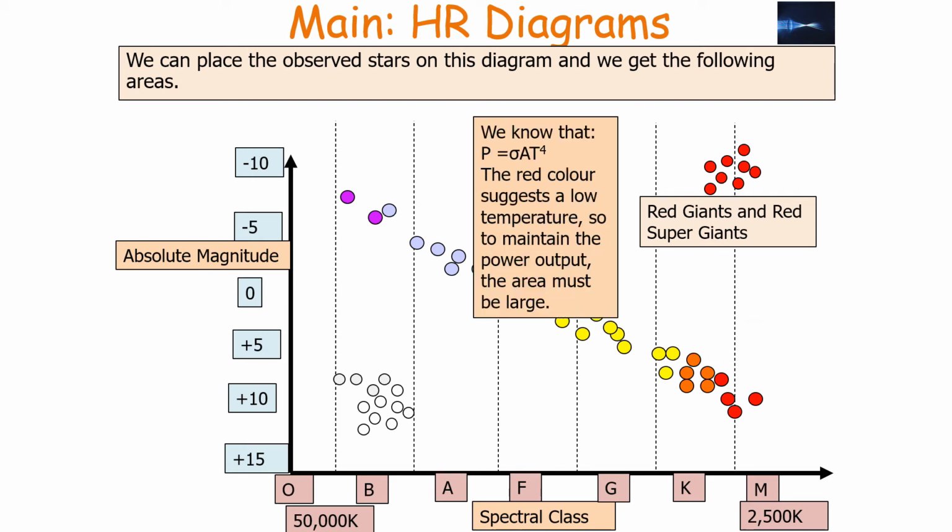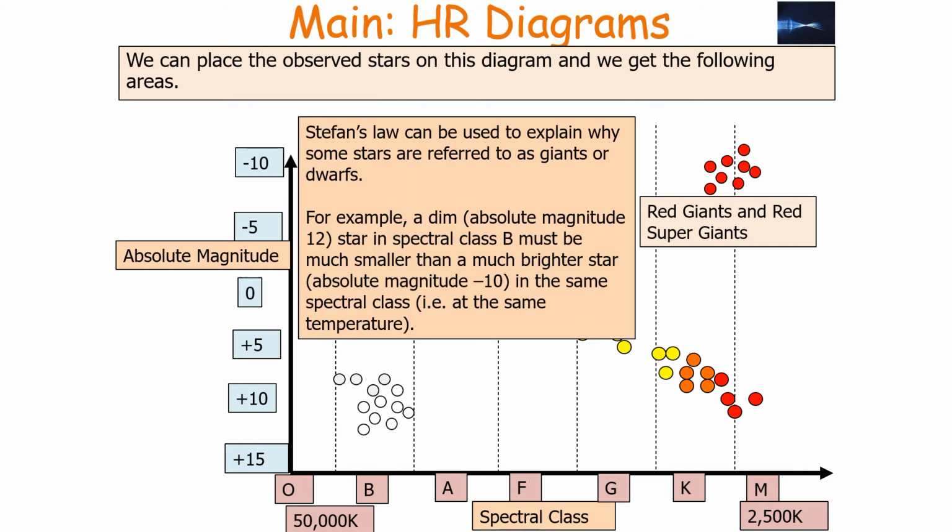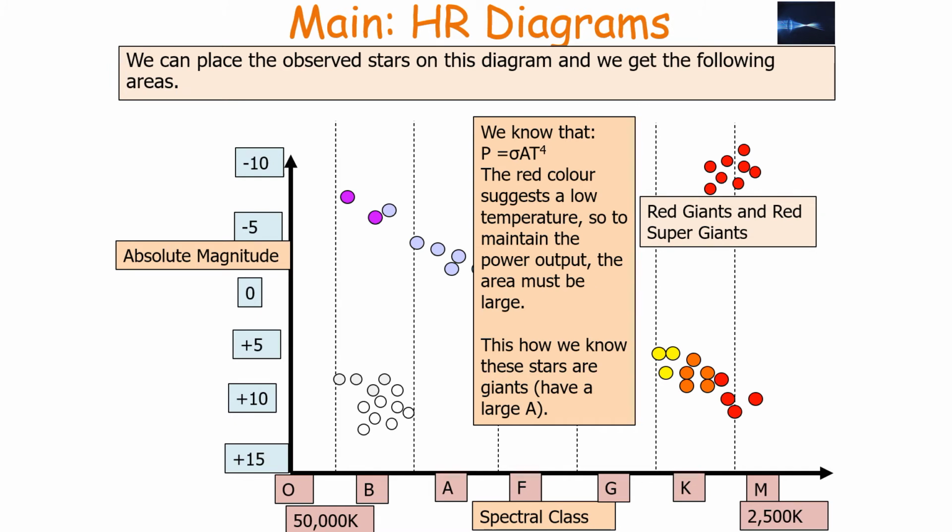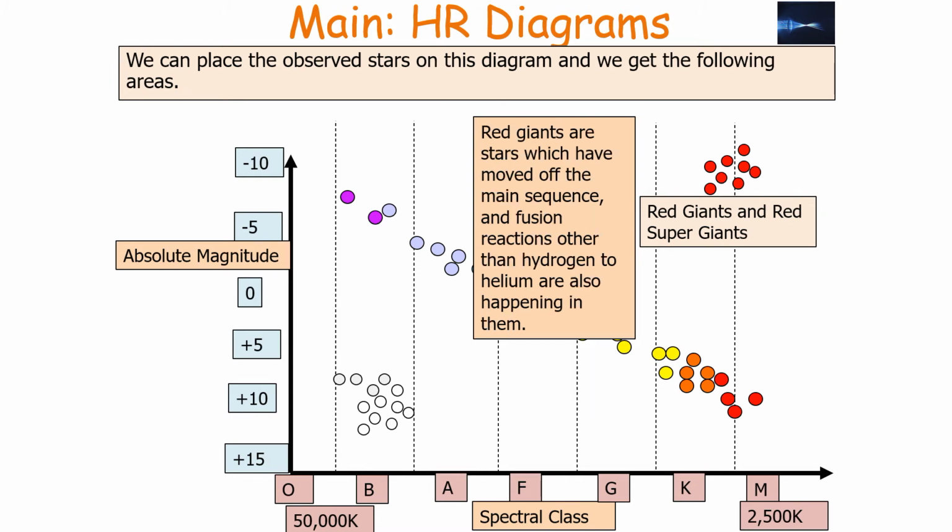Now, because of P equals sigma AT to the 4, the red colour suggests a low temperature, so for a constant power output, the area must be large. So it's also important to note that this is how we know that these particular stars must be giants. Now, red giants are stars which have moved off the main sequence, and fusion reactions other than hydrogen to helium